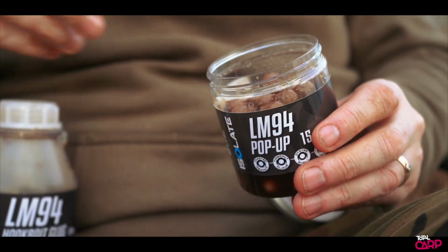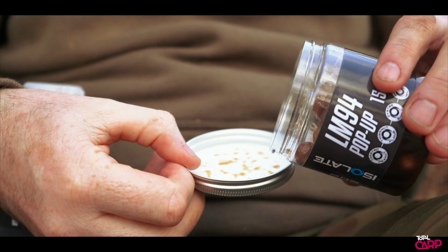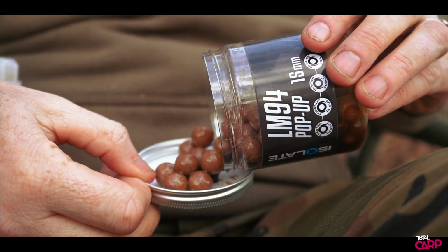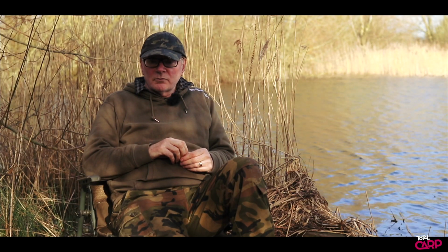So to summarise, LM94 stands for liver marine, so you know what ingredients are in there. 94 is the low temperature fish meal, LT94 that we use, and I would say to anybody, if you're looking for an all-round bait that you can use for all the 4 seasons, you can't go wrong with the LM94